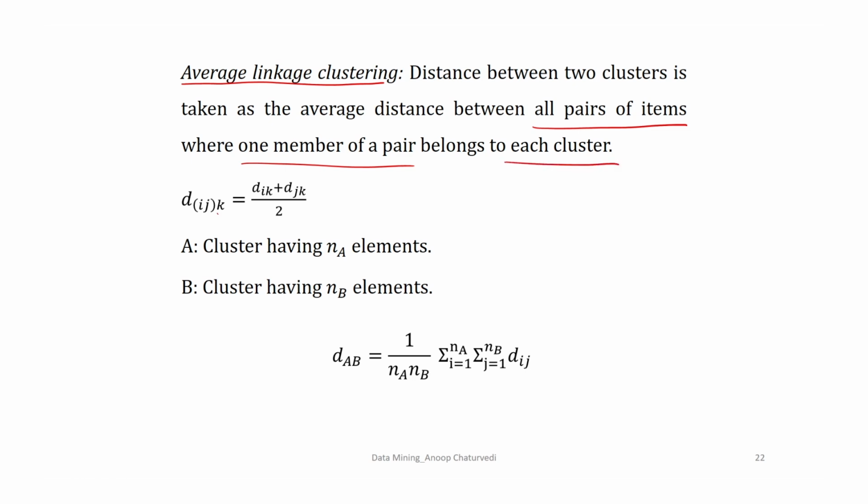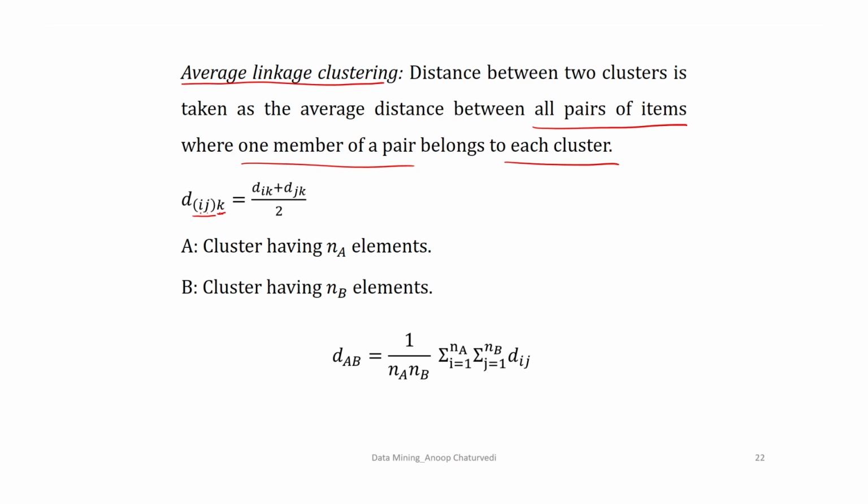Now, suppose d_ik denotes the distance between i and k, and d_jk denotes the distance between j and k, and we have merged the items i and j into a cluster. Then, to calculate the distance between cluster ij and the individual k, what we do? We simply take the average of d_ik and d_jk,